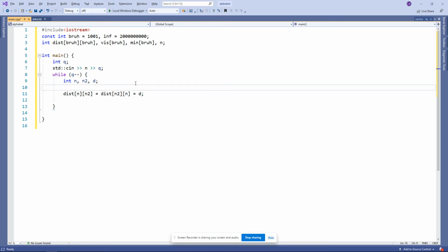Now there's one problem because we're updating the distance from node 1 to node 2 to be the latest value of d, which means that if d was bigger, you would be updating it to a bigger value, and you don't want that. So we're going to set a condition if we have already updated the value. And by the way, all these are initialized to 0 because it's in a global scope. So if the distance from n to n2 is not 0, it means